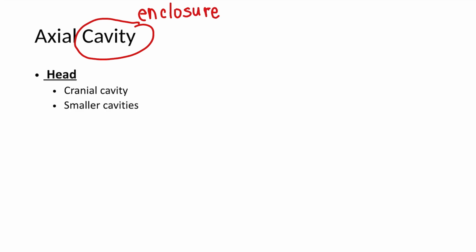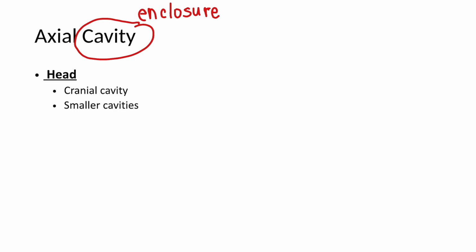Okay, we're going to cut these up further. So again, those are broad categories. We can go into each section and cut it up even further. So the axial cavity, and when we're thinking about cavity, we're thinking about an opening or an enclosure. Okay, so again, when we're thinking about cavity, we're thinking about an enclosure. And this enclosure is able to contain other parts or other things, or even other cavities.